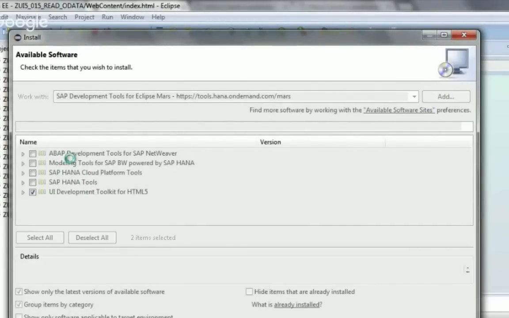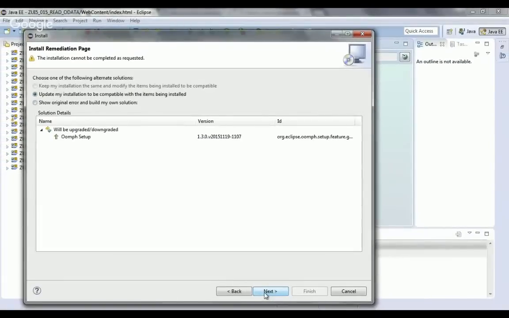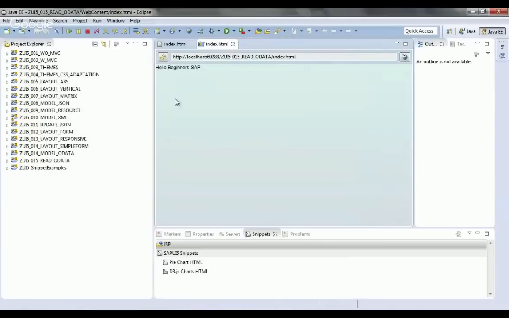Please provide a documented file on how to install all the tools which we use. Okay, I will send out a document for that also. So once you do that, just hit next. Once you do next, it will install UI5. I'm just installing UI5 at the moment. I already installed it, that's why I'm getting this option. But otherwise, you will just say yes and then agree, and then you will have Eclipse on your machine. You will have UI5 on your machine. So both of them will be there.